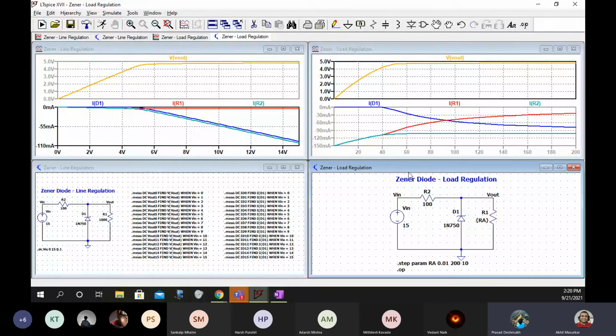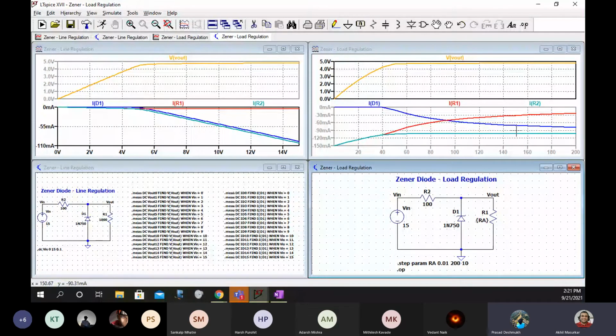Sir, I think everyone is getting this. Mine is also different, sir. You all are getting IR1 and ID1 reducing at the same time, right? Yes, sir. But that can't be true, right? That is what I told you. Then we will not get regulation, and it doesn't match with our expectation.